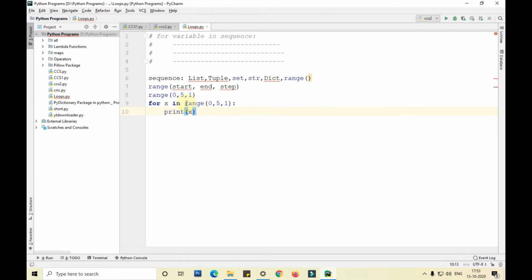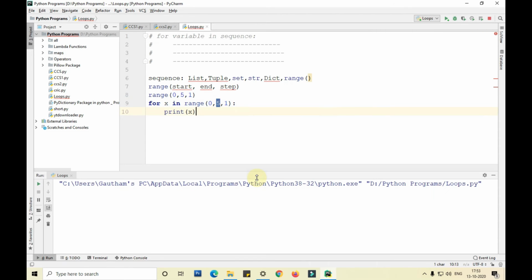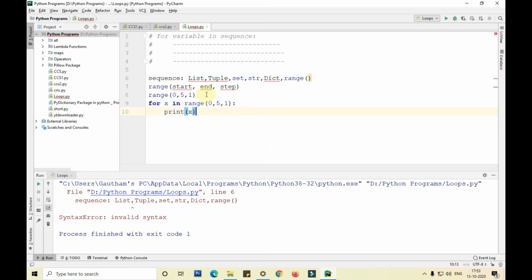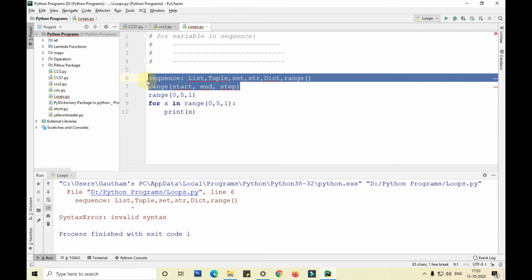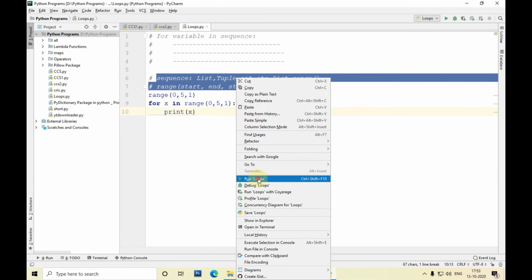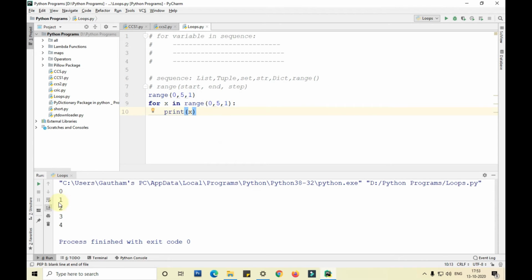So what I'm doing is I'm taking the range function here. In the range function, I'm starting from 0 and ending at 5 with a step of 1. The x will increment automatically by 1 each and every time this for loop is called. Let me run this and show you. Excuse me, guys, this is not commented, that is the reason it is showing us an error. Now let me run this again. As you can see, it is printing 0, 1, 2, 3, 4. Once it comes up to 5, it checks that 5 is equal to 5, then it skips it, prints up to 4 and comes out of the loop.